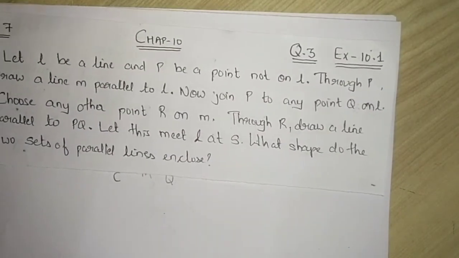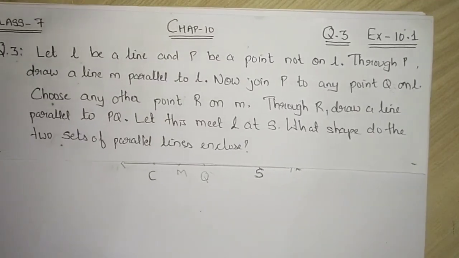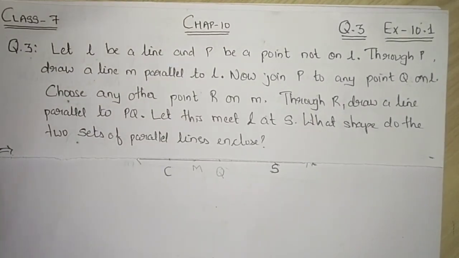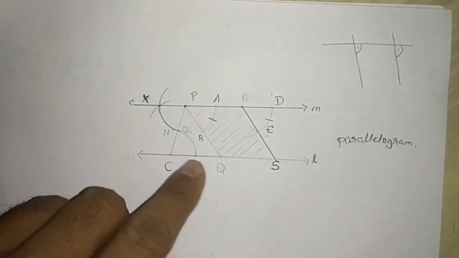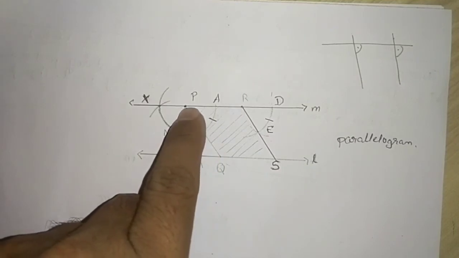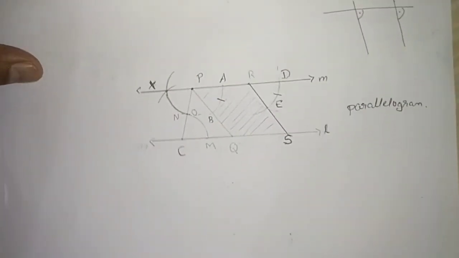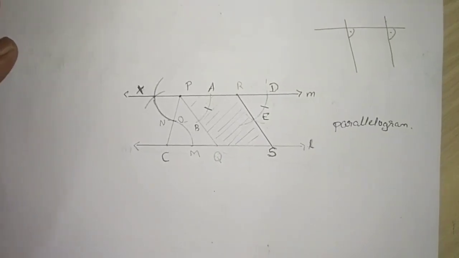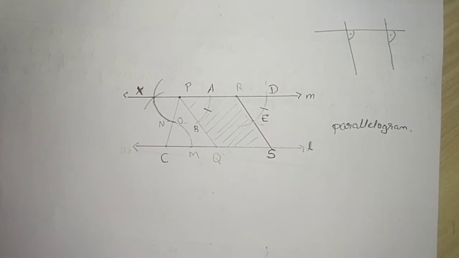Now for the construction part, whatever I have told, you can write it as a construction. First I have taken line L, so you will write, draw a line L, take a point P not on L. Similarly, you can write the answer. You can write the steps of construction on your own also. So this was question number 3 of exercise 10.1. Hope you have understood. If not, please go through the video lecture 3-4 times and try to draw and construct the parallel lines so that you can master it.